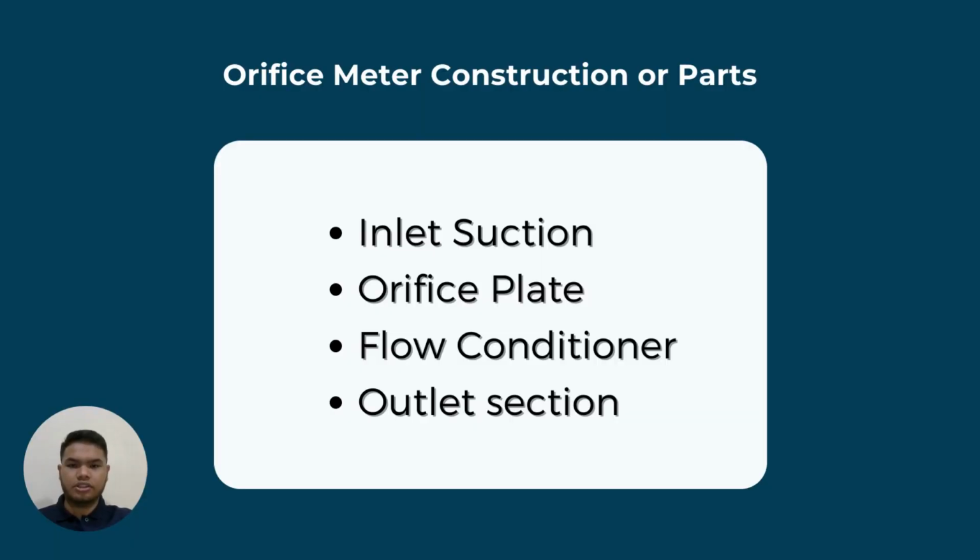Orifice meter construction or parts. An orifice meter consists of four parts: inlet section, orifice plate, flow conditioner, and outlet section. The inlet section means the fluid will enter the orifice meter through the inlet section. The orifice plate is